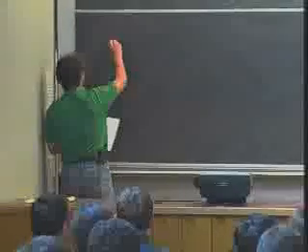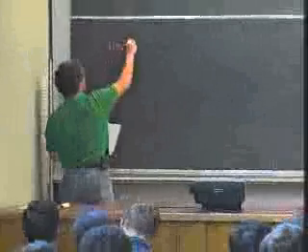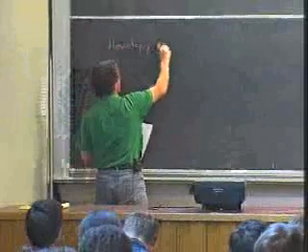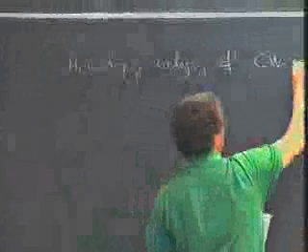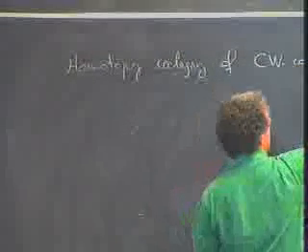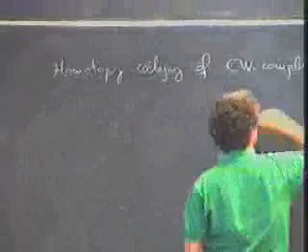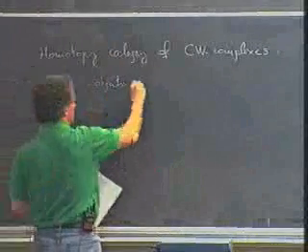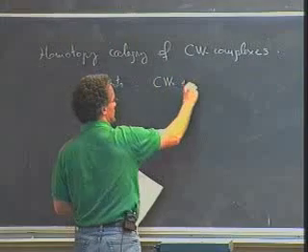So the basic object, the homotopy category, we call it briefly H. As object, we have CW complexes,